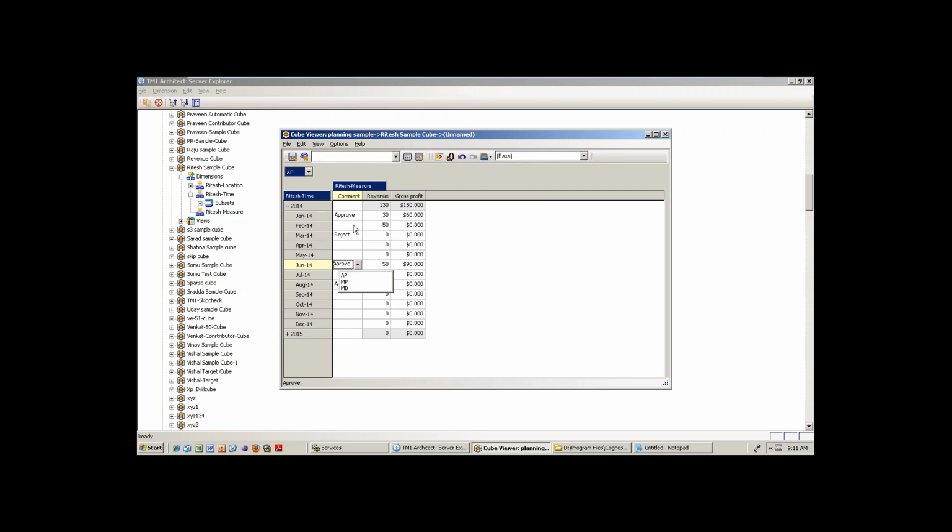Are you getting my point? Yes. Maybe in January month they used some convention. That time they approved it. That particular comment they selected. It should be there. You cannot go and delete the previous values, right? That's the reason why it will maintain. But if you want to change something, that is impossible.